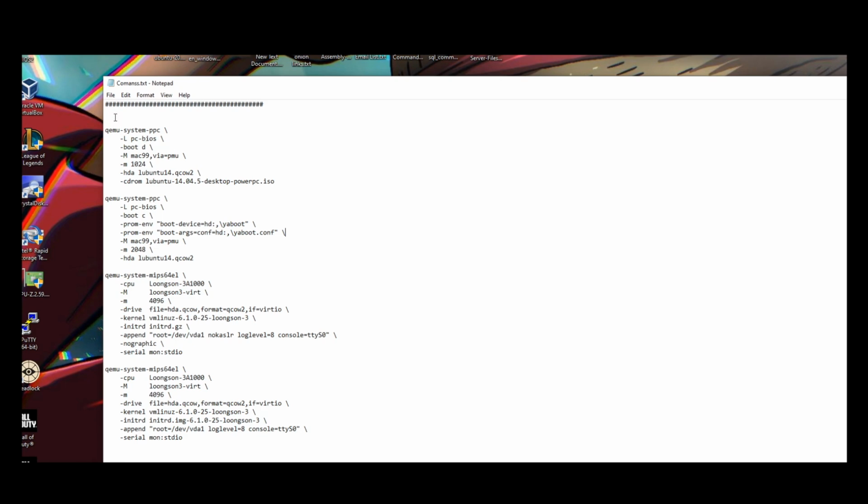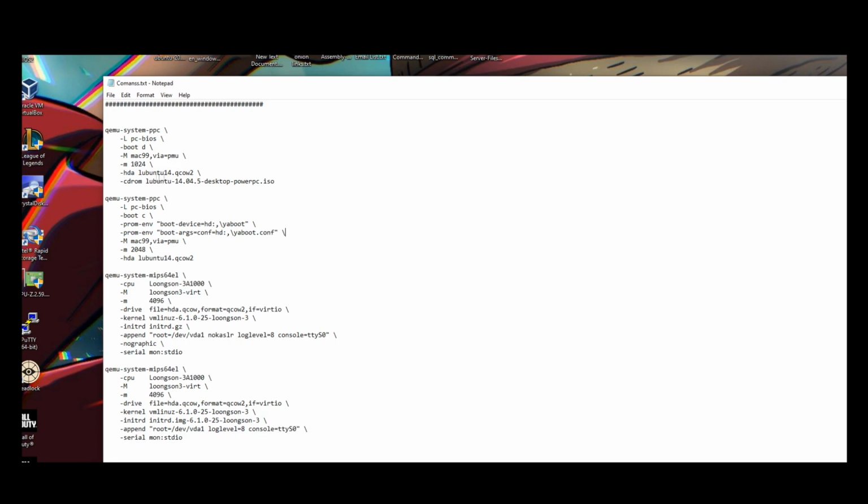So to do that, we use QEMU-system-PPC. We're calling -L to choose the BIOS that we're using. So we're going to use a PowerPC BIOS. We're going to say we're going to boot from the D drive. Since we're initializing the system and no OS is installed yet, we're going to picture it as a CD-ROM for the virtual machine. We're going to pretend that there's a Lubuntu disk stored in the CD-ROM drive. Where the machine's a Mac 99, we're going to use a gigabyte of RAM for the startup,